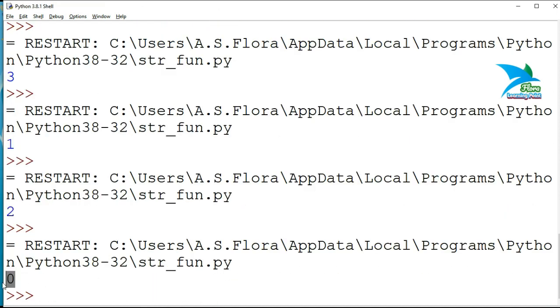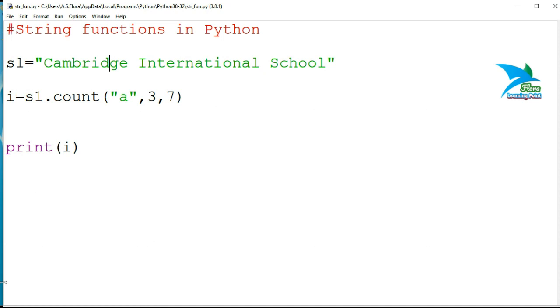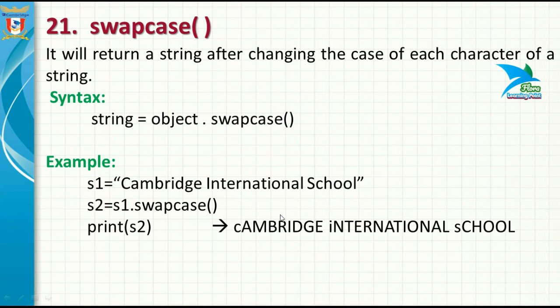But when you run this, the system will return 0, because between the third and seventh position we are not having any occurrence of that particular a character. So in this way you will be able to count the number of occurrences of a particular character or of a particular substring from a given string.